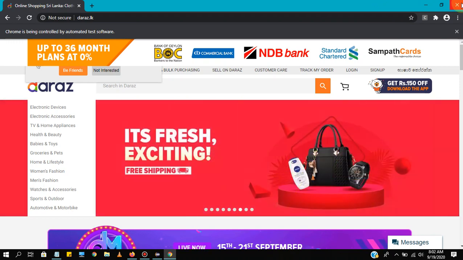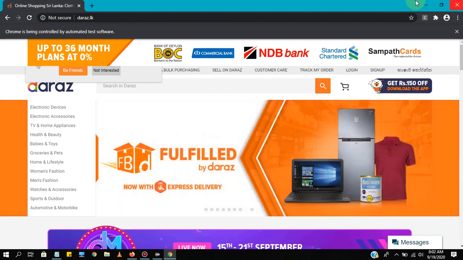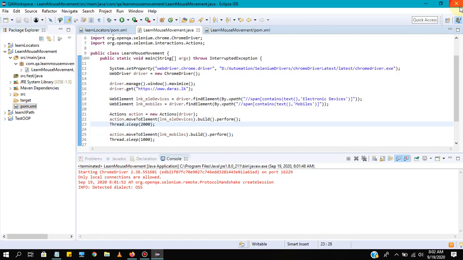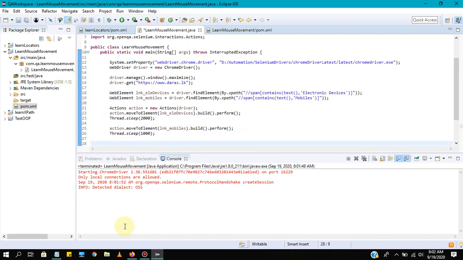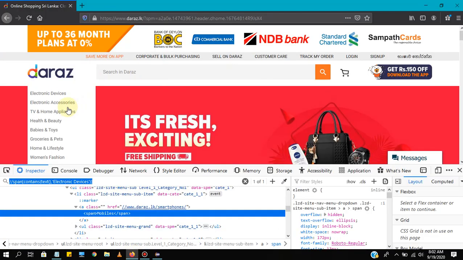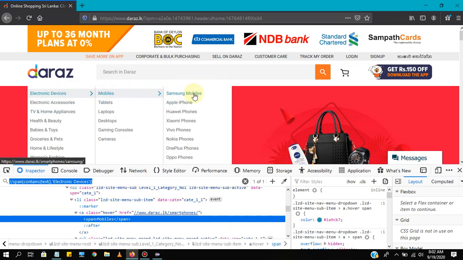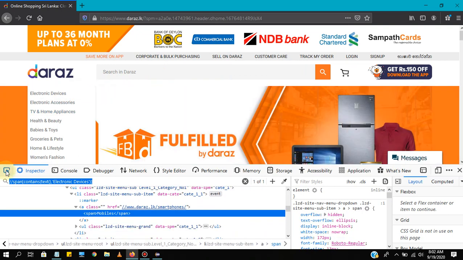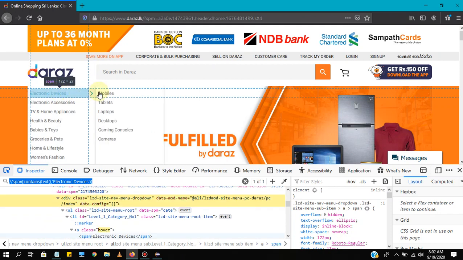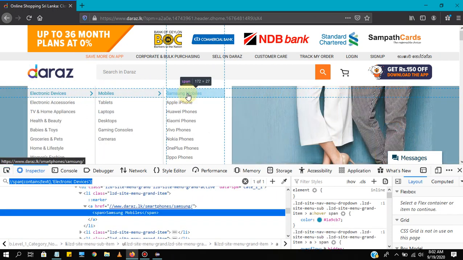So in this case I added around 2 seconds. It's a static timeout. So after that, let's say we need to click on this Samsung mobiles.